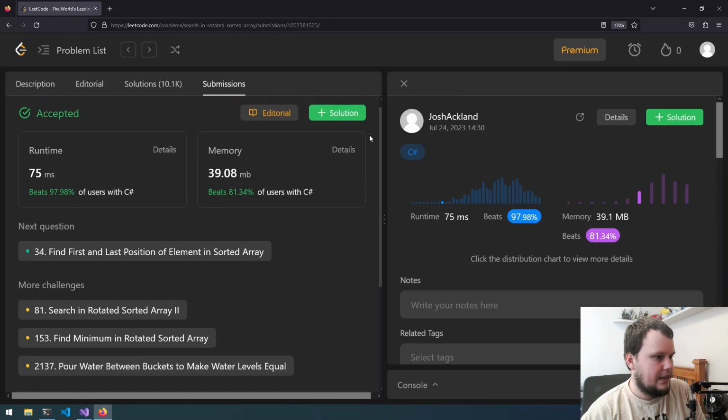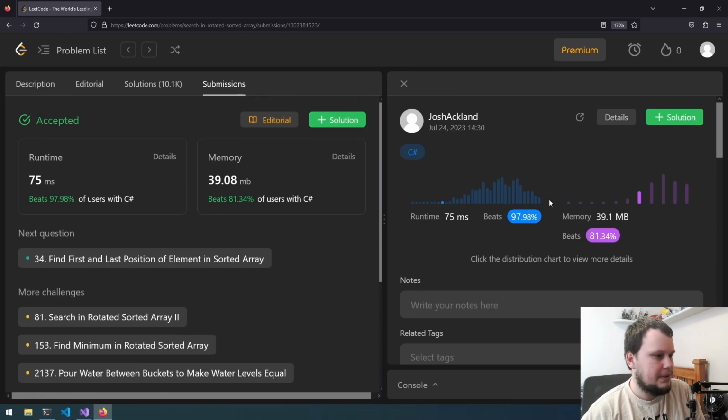You can see here that ours is more performant than everyone else's. I have a feeling that most people just kind of brute forced it instead of doing binary search, which definitely would have made it much easier for me to do, but I wanted to try doing the more performant way. Anyway, that was the 33rd LeetCode challenge called